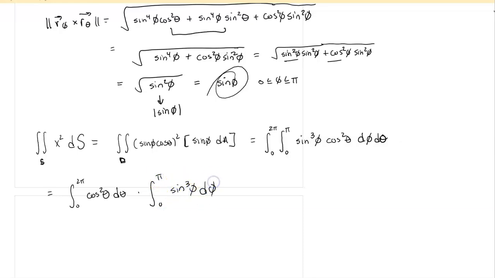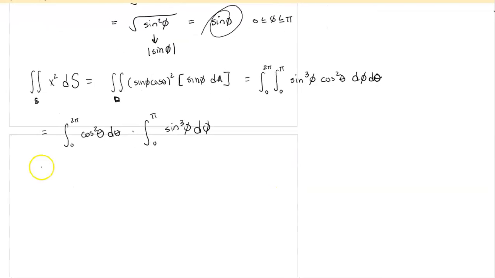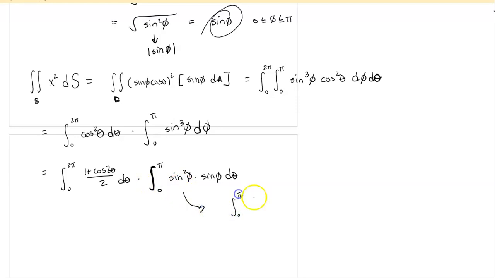of phi d phi. With the cosine squared, remember we have to use our power reduction formula, so we would be integrating 1 plus cosine 2 theta over 2 d theta. And then for an odd power of sine or cosine, we break that up into an even power and one left over. So we think about that as sine squared of phi times sine of phi d phi, because that allows us, and I'll do the work over here, to write the integral from 0 to pi of 1 minus cosine squared of phi times sine of phi d phi,